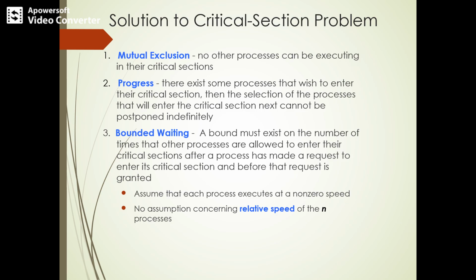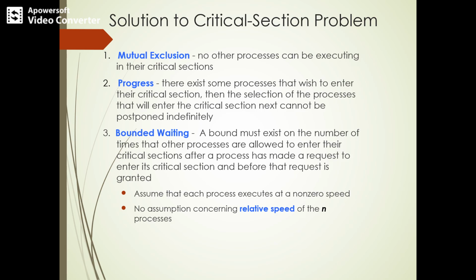Then the solution to the critical section problem says the progress requirement must be satisfied. That is, if no process is executing in the critical section and some process wishes to enter it, then the selection of the process that will enter cannot be postponed indefinitely.